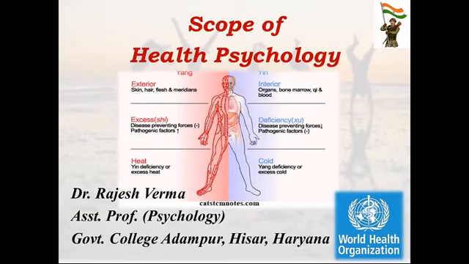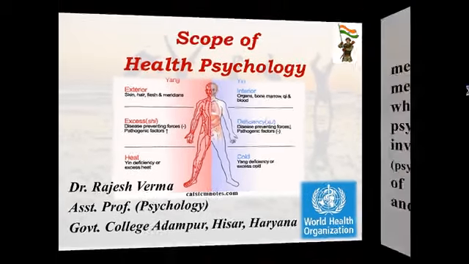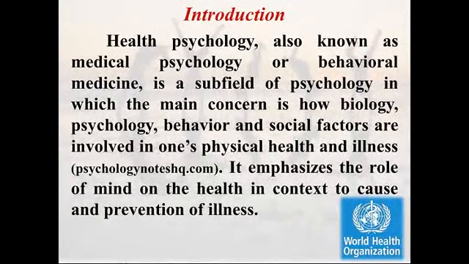See, in Chinese literature, they discuss two things, yang and yin. See, this image depicts this thing, that is related to health. Not only Chinese tradition, Indian traditional literature has Ayurveda, purely a science of longevity, that is focusing upon how we can improve our whole health. Not only physical health, whole health. Now, these things are beyond our discussion. So, we'll be starting with the introduction of health psychology.